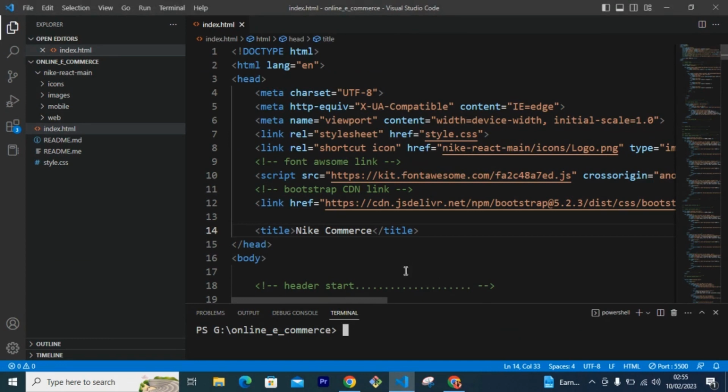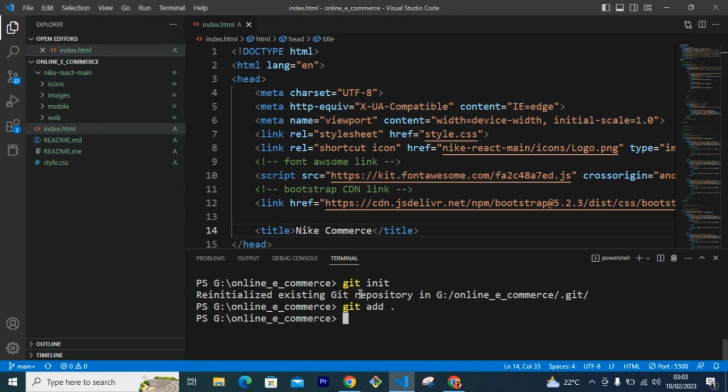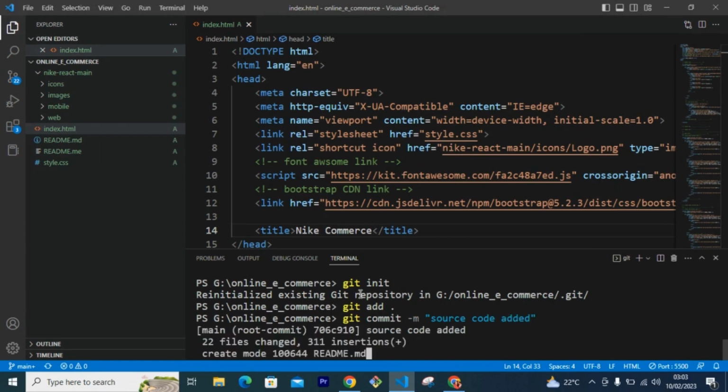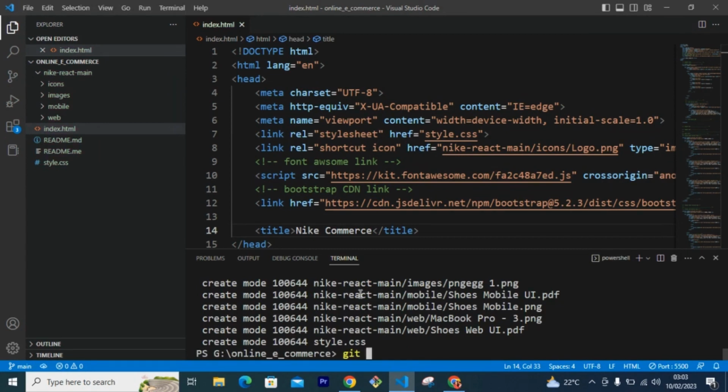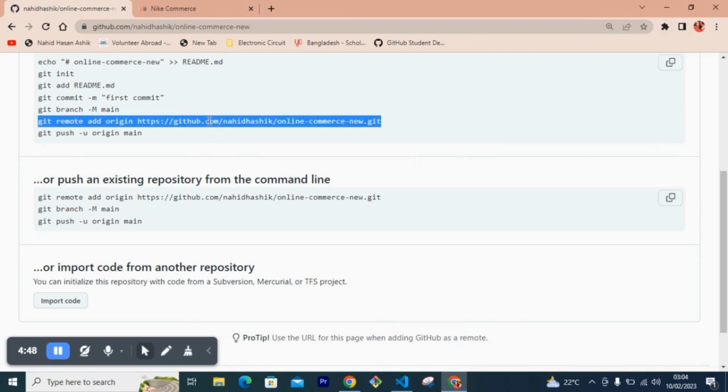So I'm going to my VS Code again. So git init, git add, git commit, source code added, git branch main. Check. We have to copy this link, the repository link,